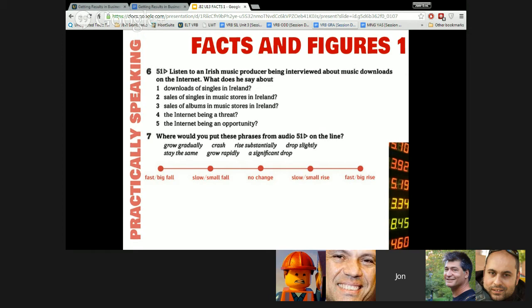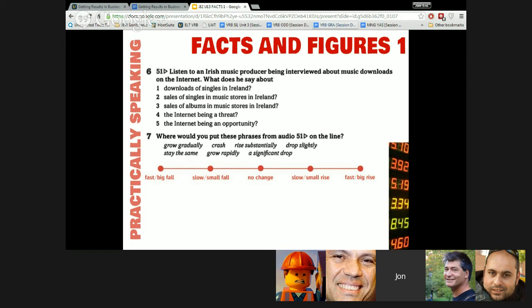Interviewer: So why is it that if music sales in the rest of Europe have fallen substantially, why hasn't there been a significant drop here in Ireland? Producer: I think it's the way we think of our music, and we think in terms of albums, not singles. It could all change, of course, but for the moment, it's albums that people want. The number of people with broadband is growing gradually, but there are still a lot of places where broadband isn't available. So it's a lot quicker to just drive to the local music store.